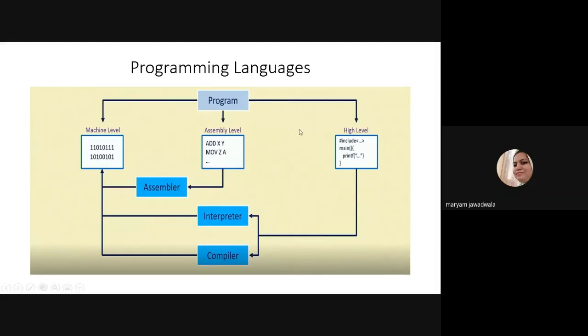Sorry for the disturbance. So next one is your third generation language, which you are going to study here. In the last semester you studied C language. What is C language? C language is one of the high level languages. First we need to write a program in high level language, and after that we need to convert that high level language to machine level language. So if you write a program in high level language, then you require some system software to convert your high level language to machine language. You have two system software for this. The first one is the interpreter and the second one is the compiler.